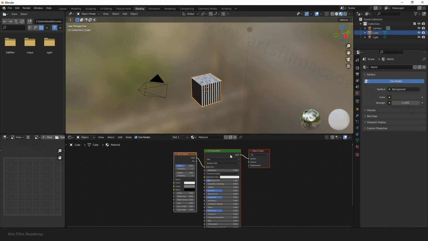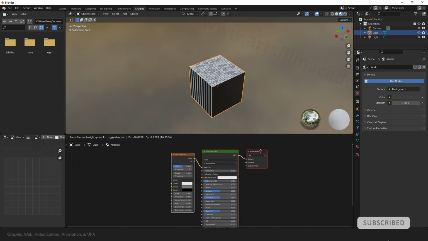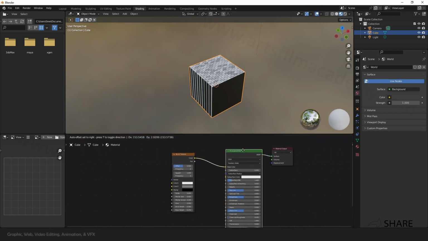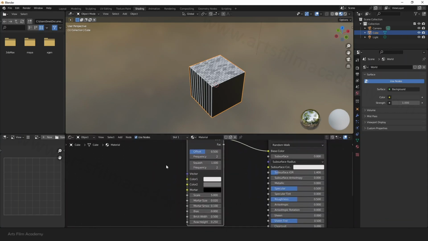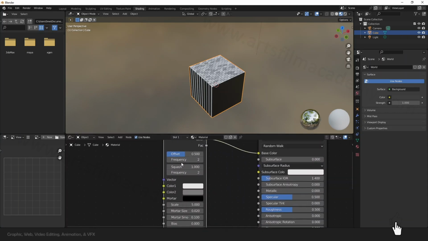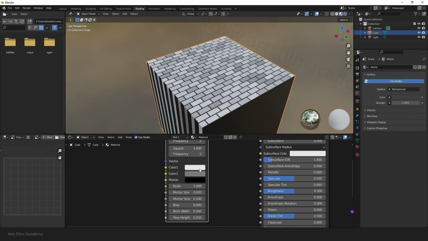This is the better place to explore it, right? Because we got all separate: the surface shader, the material, and the texture. Then you can just scroll and you can see here. Okay, you can see the color of the brick. You can change it,